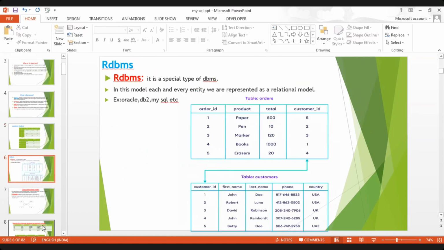Next, coming to the RDBMS. What is RDBMS? It is a special type of DBMS. In this model, each and every entity is represented as a relational model. Here you can see examples, orders and customers. The orders table has order ID, product, total, customer ID. These are the attributes. Here some values: 1, 2, 3, 4, 5. Paper. So here a customer can buy a